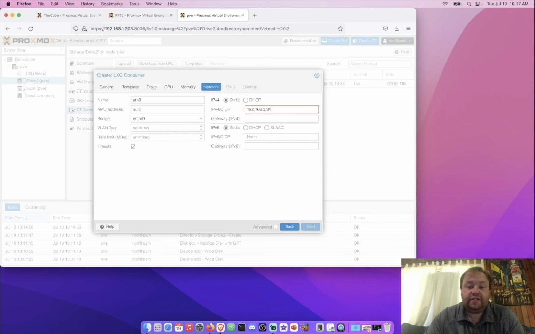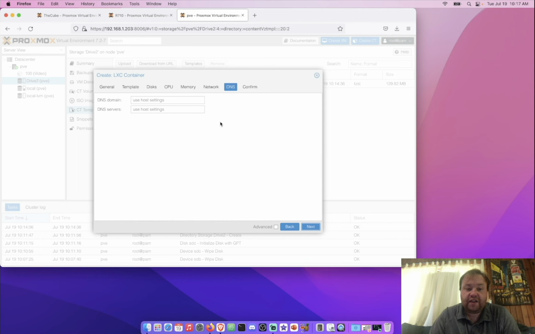In most cases, that CIDR value will be 24 for most Class C networks. And then we need to enter the address to our gateway or our router. But in my case today, let's use DHCP. So check that. Next, DNS can be configured here if your DHCP's DNS is different, or if you have chosen